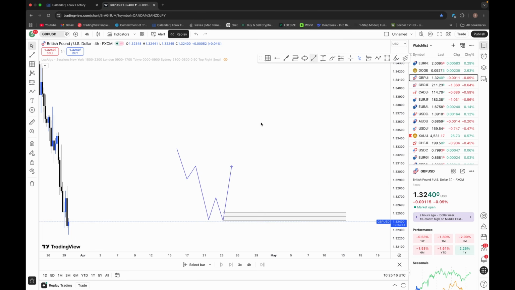In this case, as you can see, this zone right here is the reason why this structure was broken. That structure is broken. And so what we'll wait for is very simple: a move back to this zone, as the market ebbs and flows. And then we can look to target this area, as this can be our safest